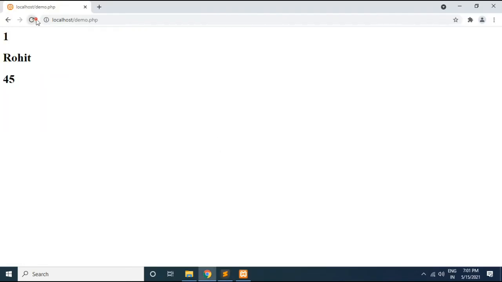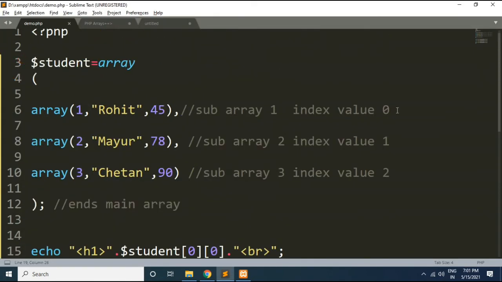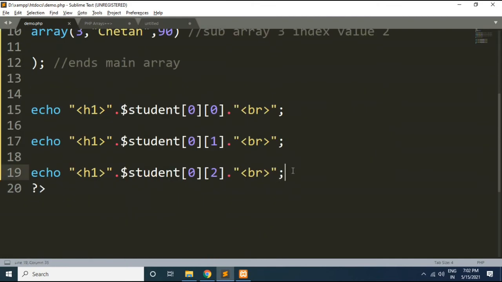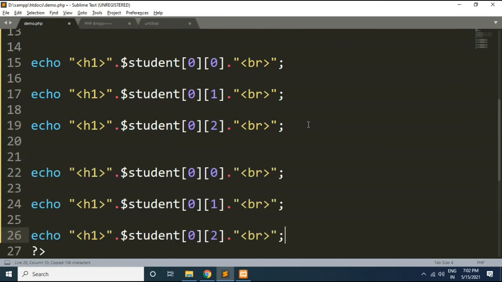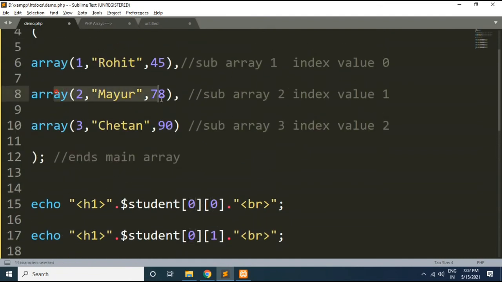If I go to the browser and refresh, you can see I got the first record, 1 roll number, Rohit is a name, 45 marks. We got the first record. We have accessed the first sub array like this. Now how can we access the second sub array? The thing is very easy. I will copy this, and what I need to change here is only the index value, where the second sub array is available at index value 1.